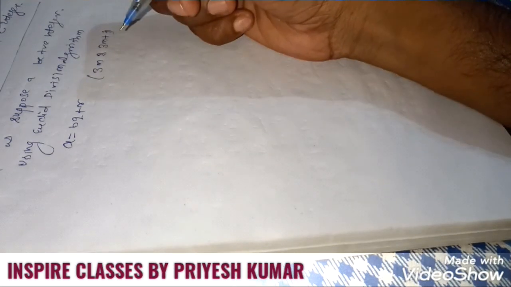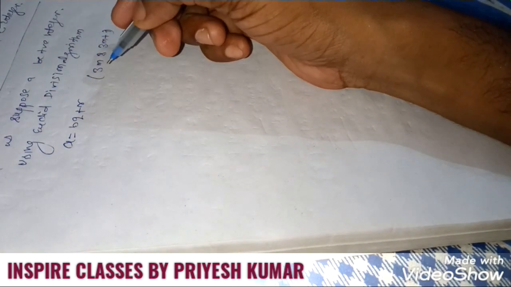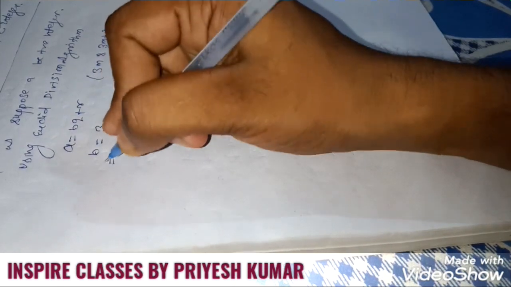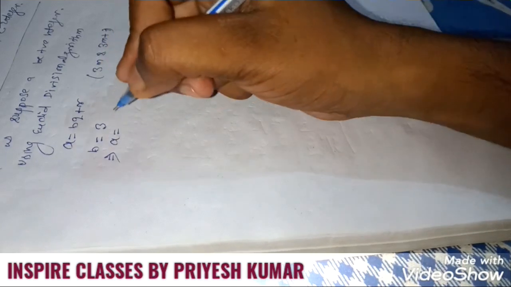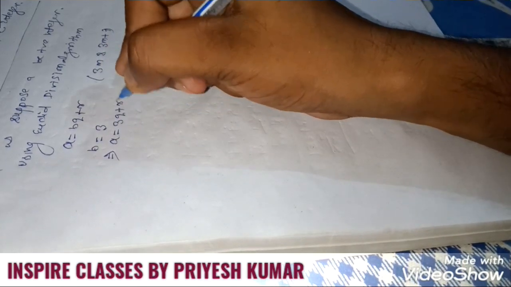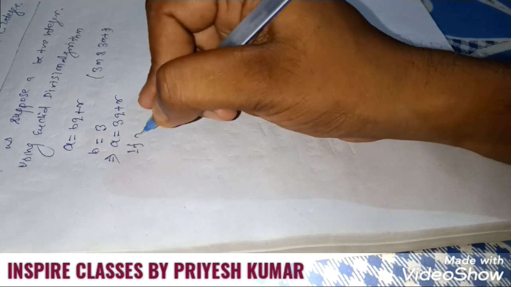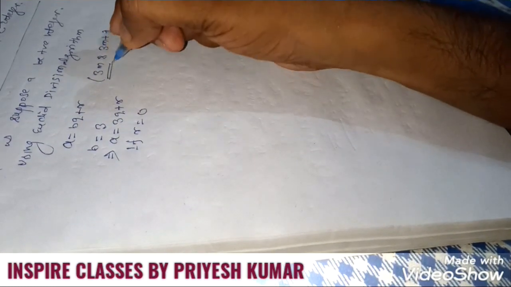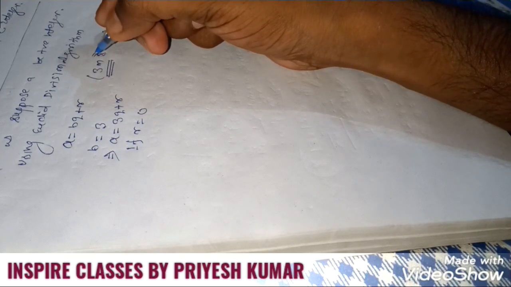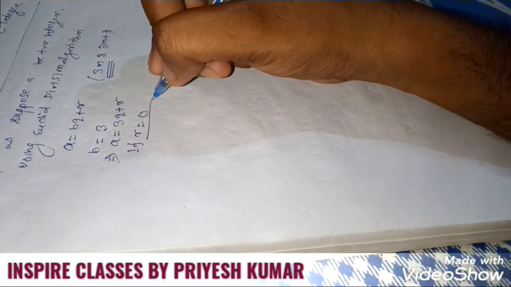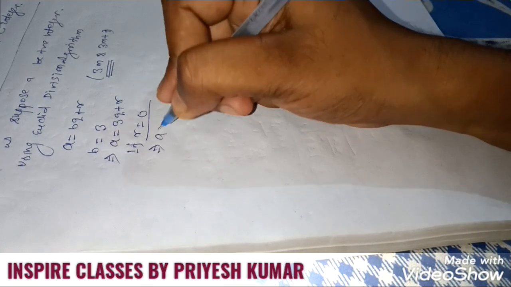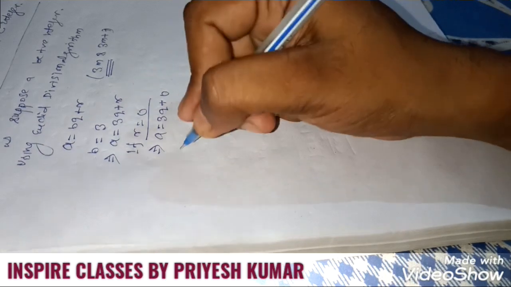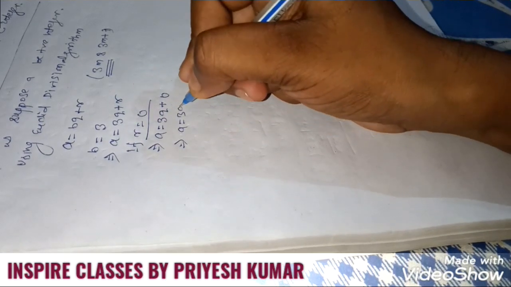Now seeing this expression, you can find out the value of b will be 3. Now put the value of b is equal to 3. That's why the expression will be a is equal to 3q plus r. If we put r is equal to 0, because here the expression is in the form of 3m, there is no remainder. That's why we will put the value of r is equal to 0. Now this expression will be a is equal to 3q plus 0. That's why a is equal to 3q.